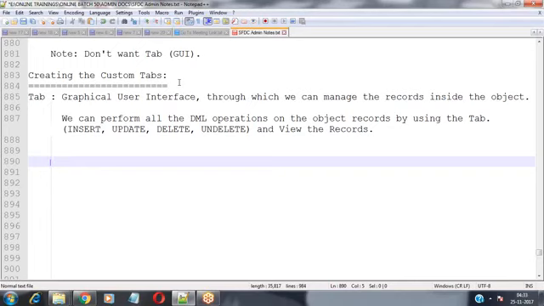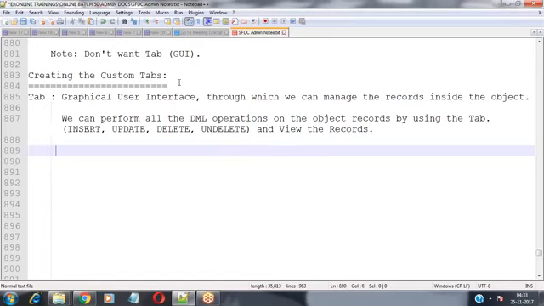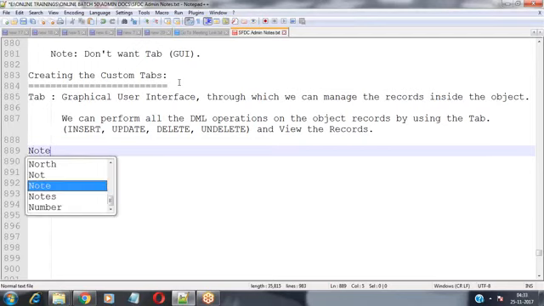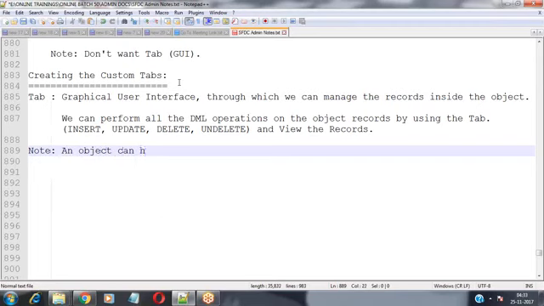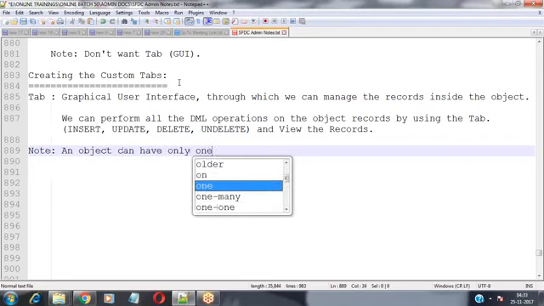So now, how can we create the tab in Salesforce? That we have already discussed in the previous session. For each and every object, we can have only one tab, not multiple. This is the limitation given by Salesforce. An object can have only one tab.